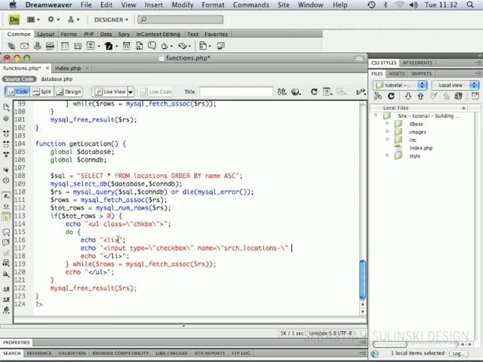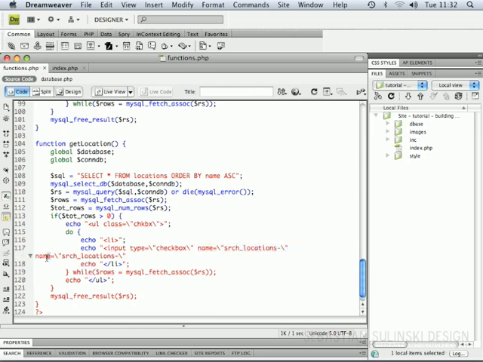Then ID first equals, actually if we copy this name here and just rename it to ID, and value equals something as well. Then we're going to close the tag, and we're going to create the label